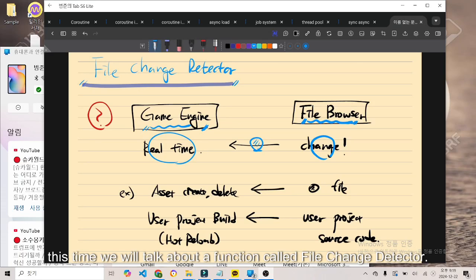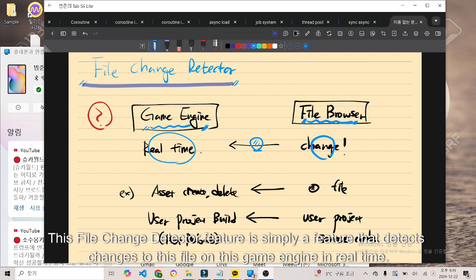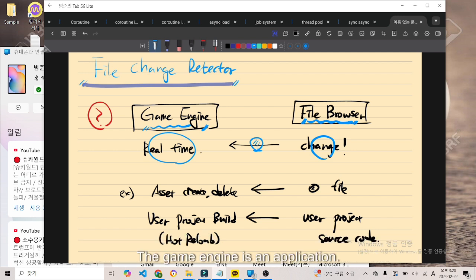Yes, this time we will talk about a function called file change detector. This file change detector feature is simply a feature that detects changes to files on this game engine in real time. The game engine is an application, and through something called File Browser, that is, through File Explorer,